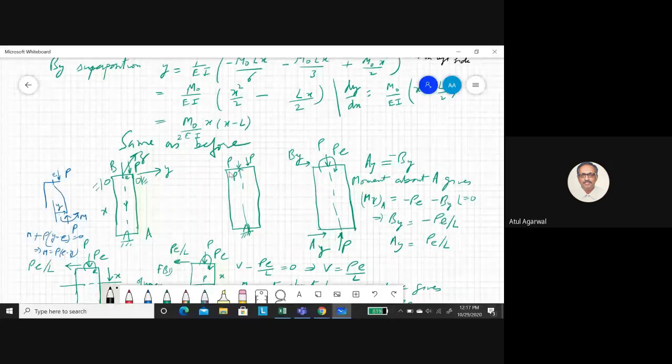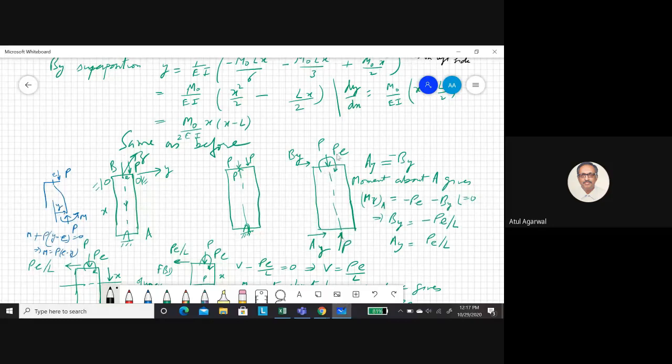But you see these two P are making a moment, a clockwise moment, and the value is P into E. And this vertical force is now axial. Now this axial load will not cause any bending moment. Only bending moment will be caused by P into E. So if this beam doesn't deflect, doesn't have any transverse deflection, now you can find the support reactions.